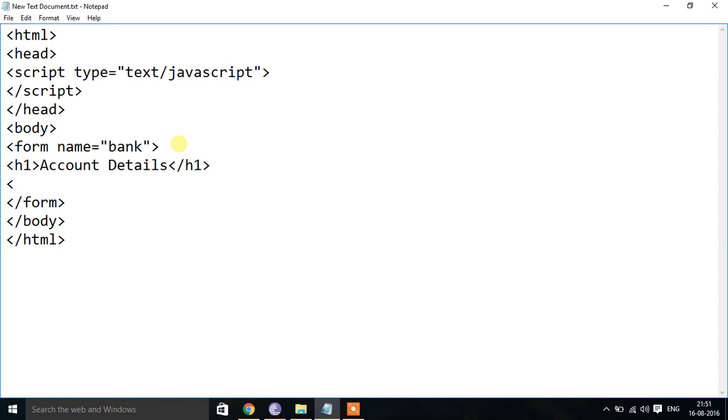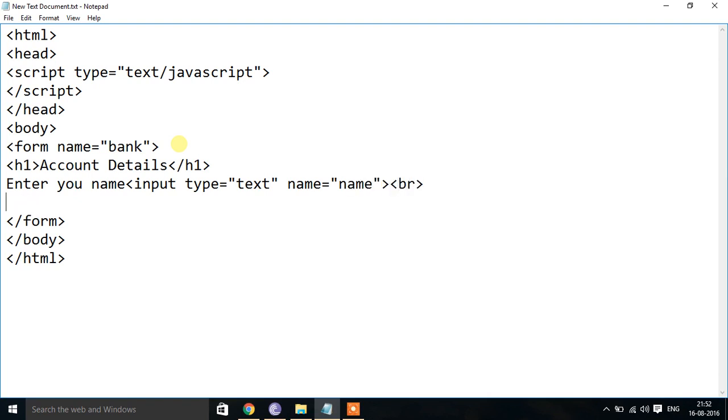Now I will be getting the values like enter your customer name. Then we can get it by input type equal to text, name equal to name. Then we can put a br tag to print it in the next line.